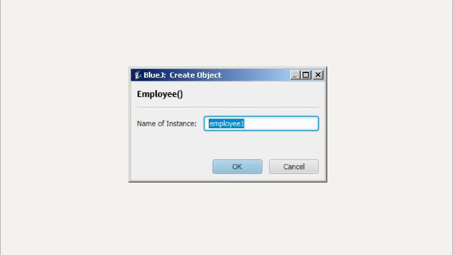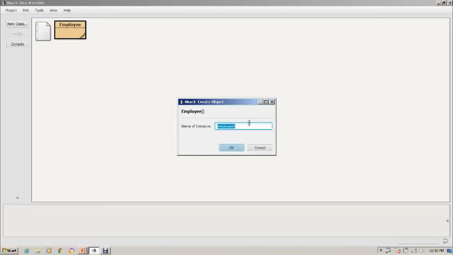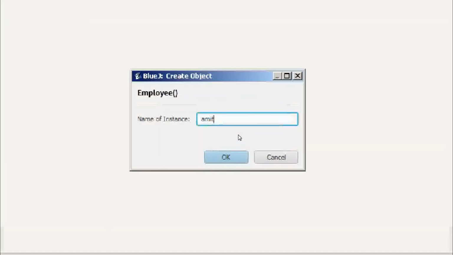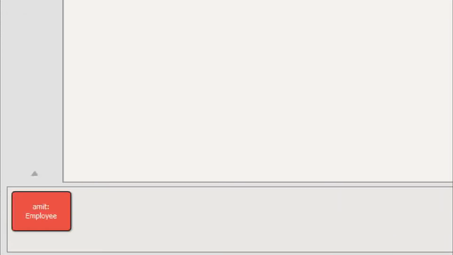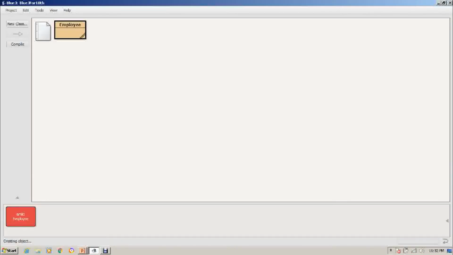For example, right now the name of the object will be employee1. If you want to change it, you can definitely change it. I am going to give it a very good name, you can see that, Amit, right? Once it's done, you can see a small red colored rectangle on the left bottom corner. This is nothing but an object, and you can see the object name is also displayed over there.